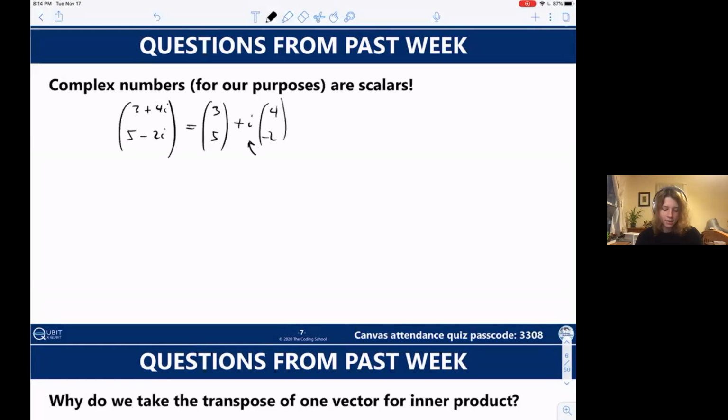And so a lot of times this i, when we represent this in the Bloch sphere, the i is e to the i pi over 2, or that might be a negative i. One of those, that's plus or minus a minus sign. That is your phase factor, and then that can just easily be pulled out of the term. So for our purposes, we'll just treat these as scalars. You don't need to represent these as little vectors within your vector. I know I showed it like that last week.